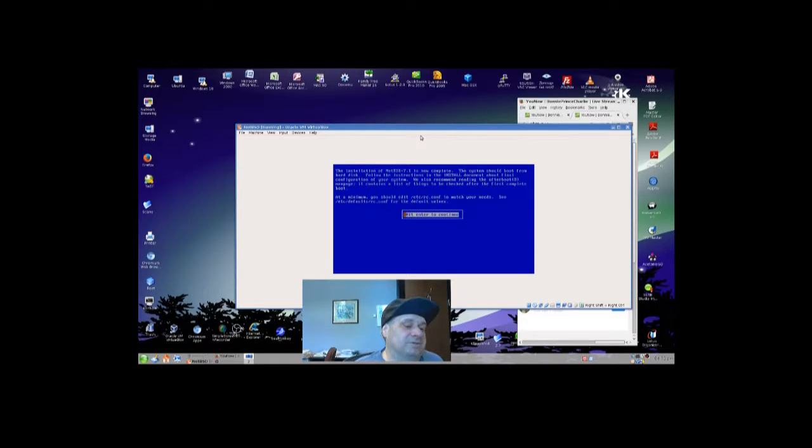I'm just about done with this installation. Okay, at a minimum, you should edit etc/rc.conf to match your needs, see etc/defaults/rc.conf for the default values. Now I'll go over what rc.conf does. In general, before I start,